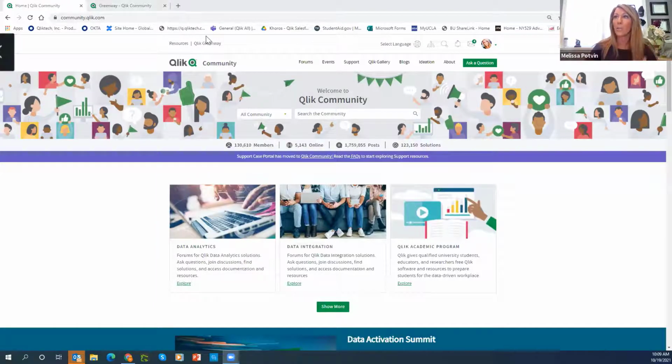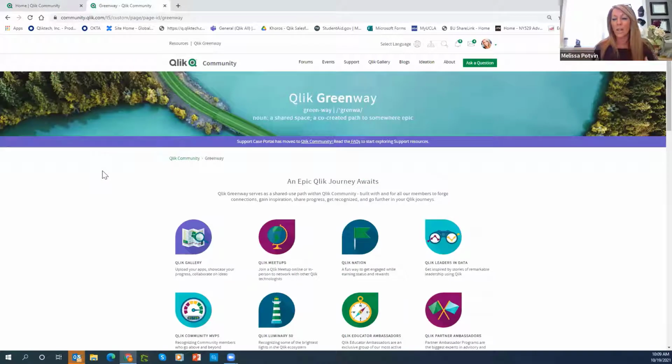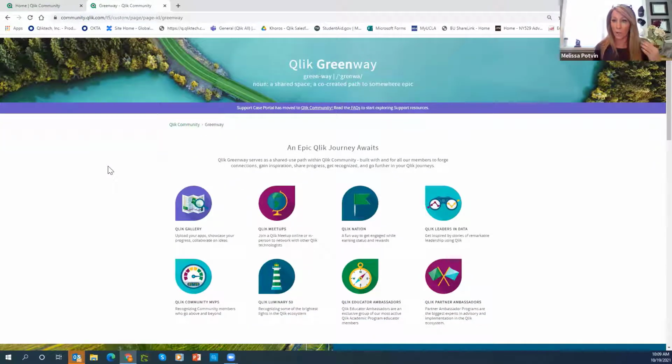But if you haven't noticed or seen the Qlik Greenway, which is right here up at the top left, head on over there, because what I mean when I say it's not just one URL, it's because there are many communities here at Qlik, and there are many ways for you, our customers, our partners, to get involved here at Qlik. And we want you to decide that path.